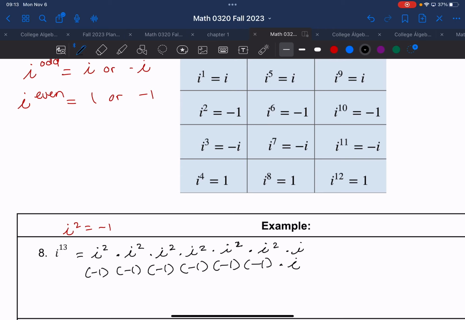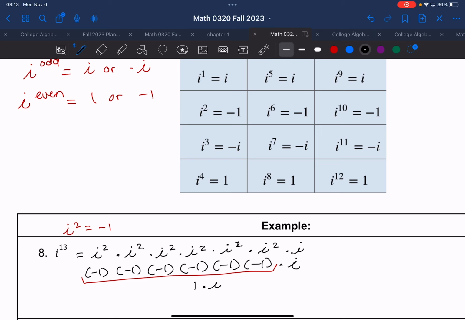That tells us we're going to have a positive 1 or a negative 1. So think of negative times negative times negative times negative. If we have an even amount of negatives, that's going to become a positive. So all of this right here becomes just a positive 1